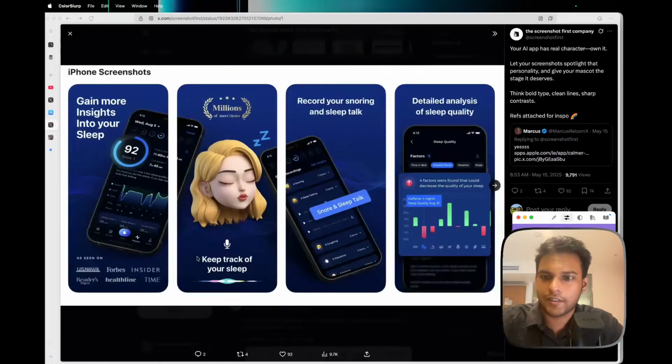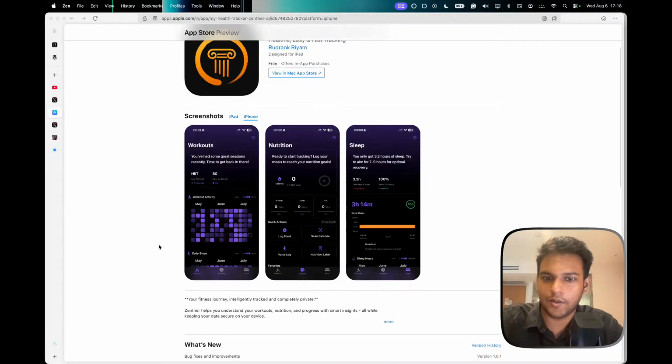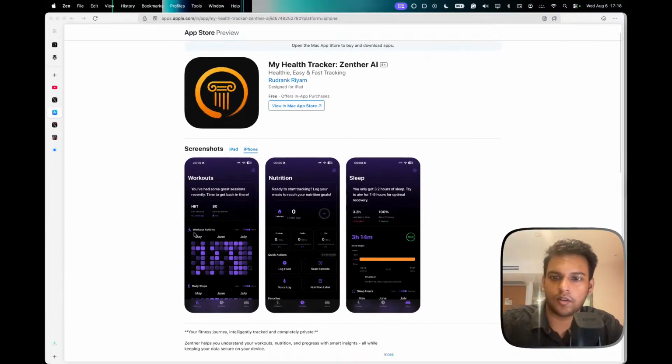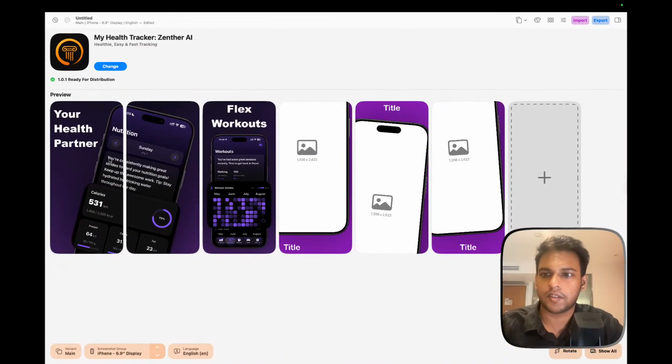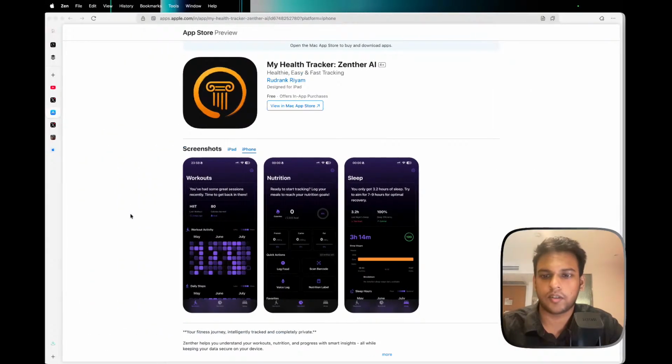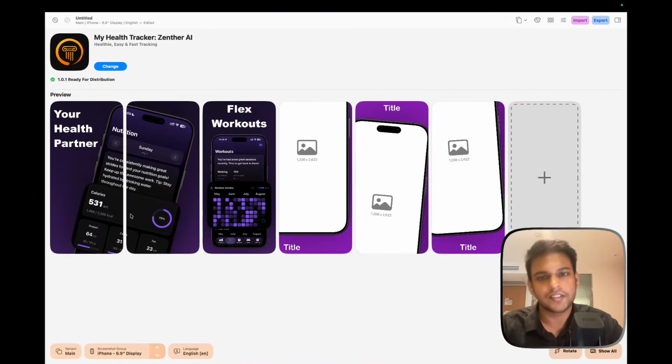So this was the main screenshots of workouts, nutrition and sleep. I still have to do the sleep part, but now this is how it looks. It's still not as good as I would have wanted it to be, but it's a start, so I am happy with that. And thank you for coming over. I got some work done, so I'm happy on that part, and hope you have a great day.